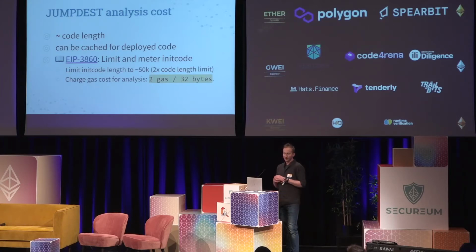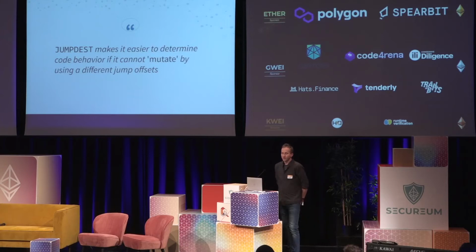But this turns out to be a bit problematic for init code, which constructs new contracts. Therefore, we try to mitigate this issue with the new EIP that should be included in the next upgrade. The new EIP mostly adds some limits to what the length of init code can be and applies some additional gas cost per length of it. The reason for jump test to exist was a bit different, but it has a positive outcome in the current world: